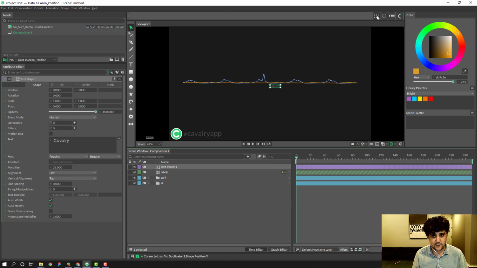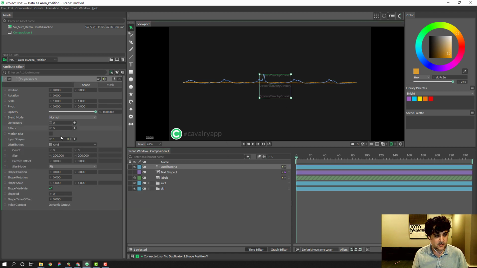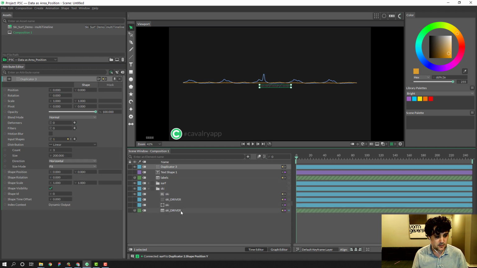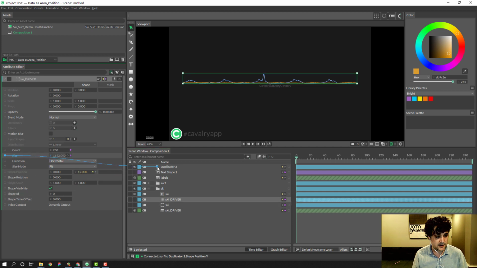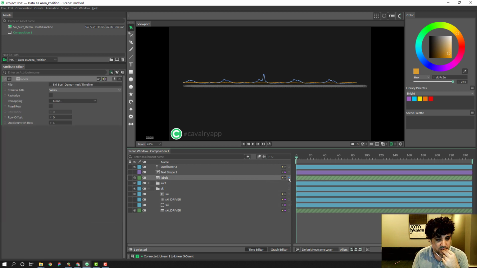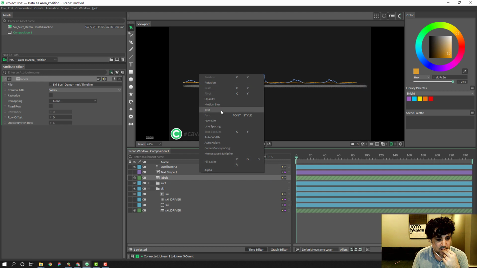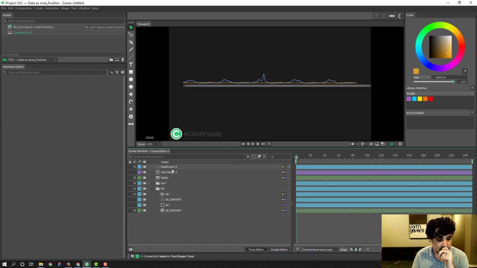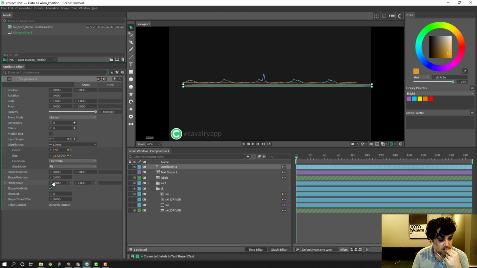Alright, then with the text, duplicate the text. Same idea. Linear. Have size. Drive the size, the count, drive the count. All right, we got many. Oh, and we also need the labels to drive the text. Okay, so what can we do about this? Let's rotate this